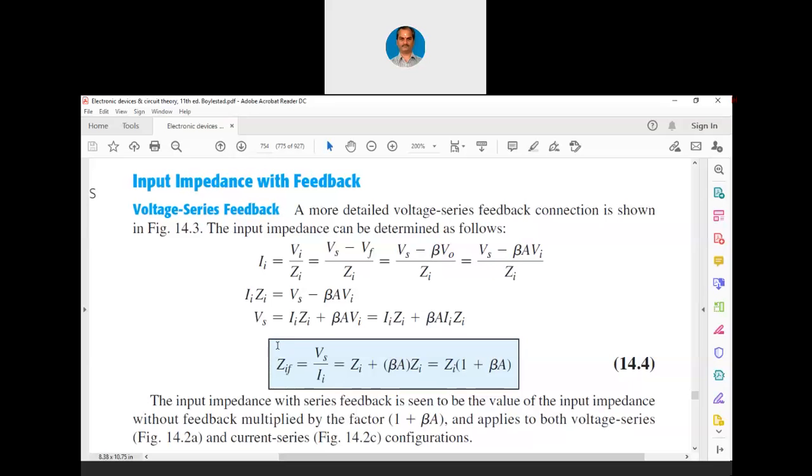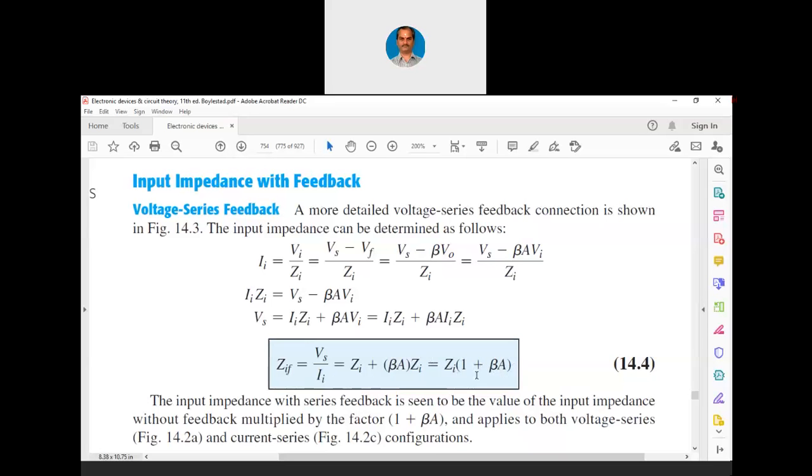Input impedance with feedback is Vs by Ii, because Vs is the signal coming from the source and Ii is the input current, as we have already seen. So Vs by Ii, all this Ii gets cancelled and we get Zi into 1 plus beta A. See, Zi plus beta A into Zi, or Zi into 1 plus beta into A. Now look at this. Input impedance gets increased by a factor of 1 plus A beta,